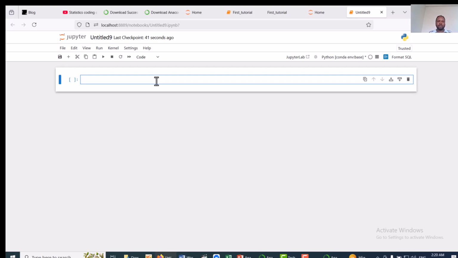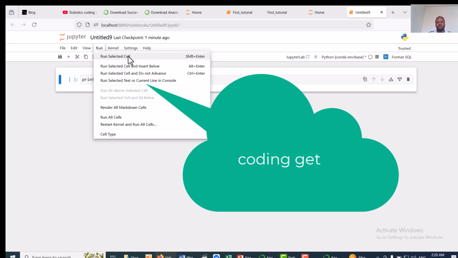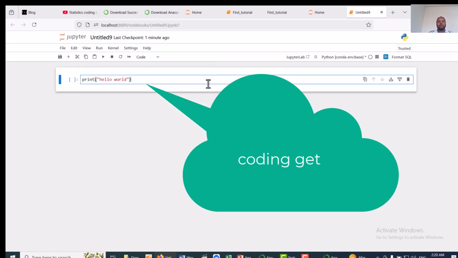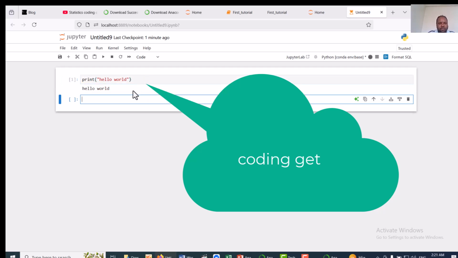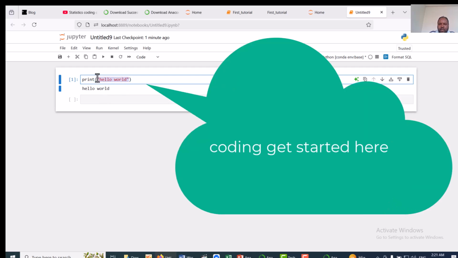To start with the simplest code, I can write print hello world. This code can be executed either by clicking from this menu, run selected cell, or by clicking this triangular icon, or by pressing Shift and Enter on my keyboard. Yes, by hitting Shift and Enter, I come across the result of this code, which is displaying hello world. This is nothing but the string to be displayed